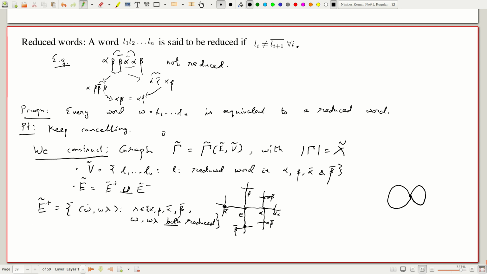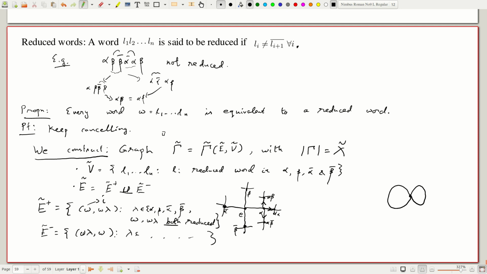Okay, and this guy is going to be the initial vertex. So the initial vertex of (W, W lambda) is this, and then we could have them in the reverse order. So these are, for example, the outward edges here. But then I also need the opposite orientation where you're going towards the origin. So this is going to be equal to (W lambda, W), where again lambda belongs to the same thing. The condition is exactly the same, but we reverse just W lambda and W. So these are outward edges and these are inward edges.